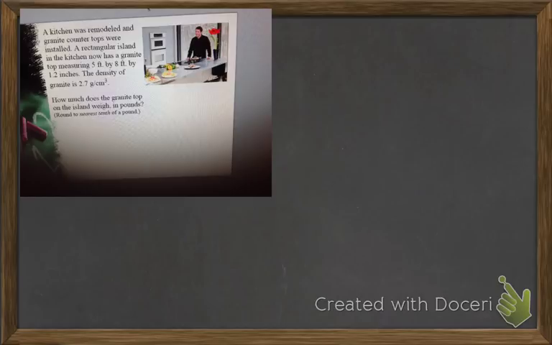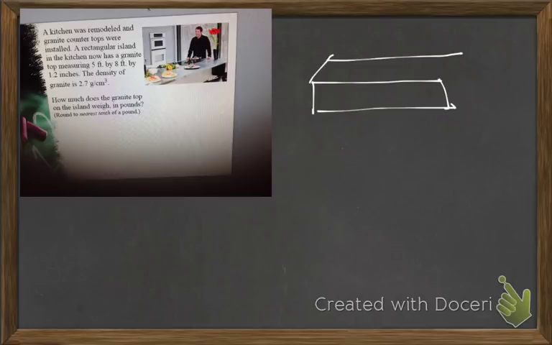So before we move on in the question, let's take a look at what they're saying here. So let's say this is our granite top. Okay, we're saying it's 5 feet by 8 feet. So this would be the 8 feet. This would be the 5 feet. And the height is 1.2 inches. I mean, it really doesn't matter if you screw up where these things go because you're going to end up just multiplying them anyway. Okay, so these are feet and these are inches.